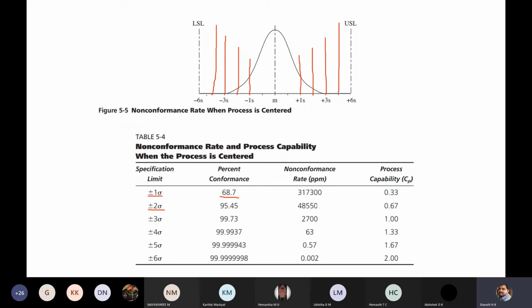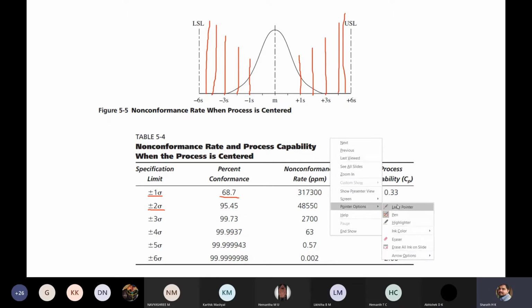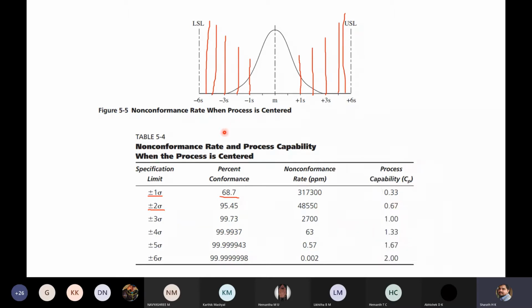Similarly, if you consider plus or minus 5 sigma, that will cover 99.99943%. Like this we can consider if the process falls as a normal distribution curve